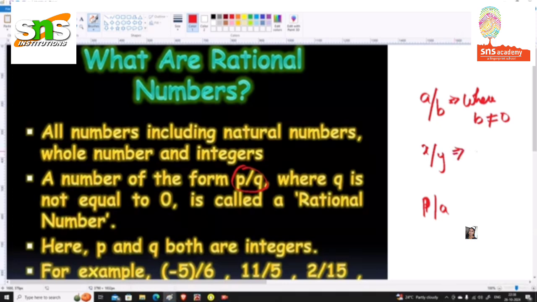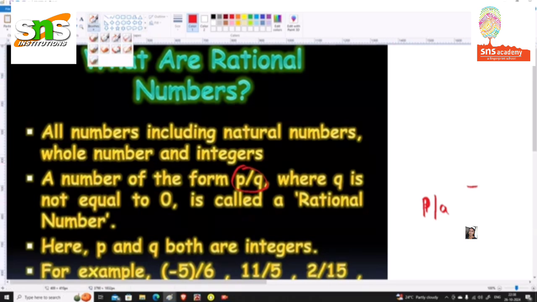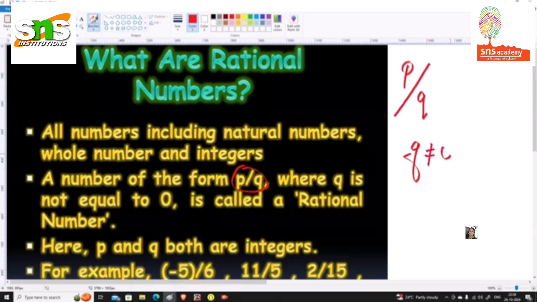Suppose I have written it in the form x by y. In this, which is the denominator? Yes, y is the denominator. So we are saying where y is not equal to 0. So any rational number can be represented in the form P by Q, that is a fractional form, but Q should not be equal to 0. And one more condition,